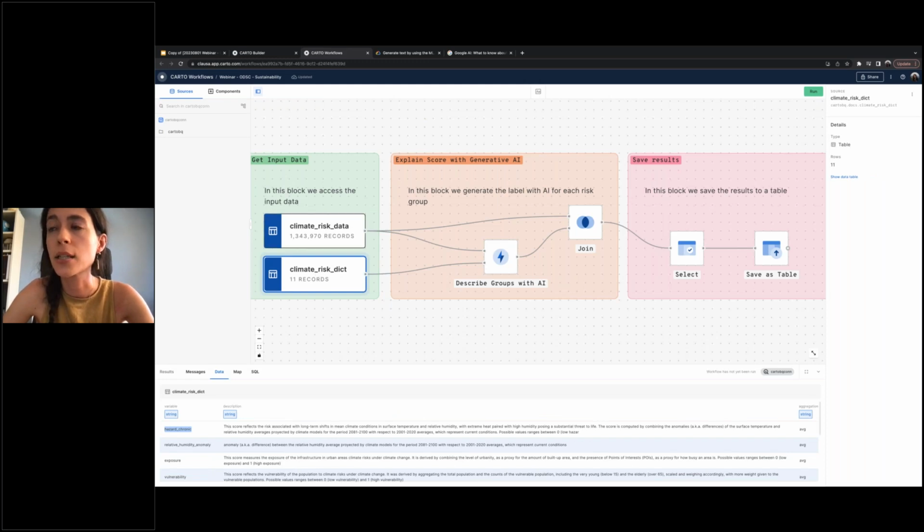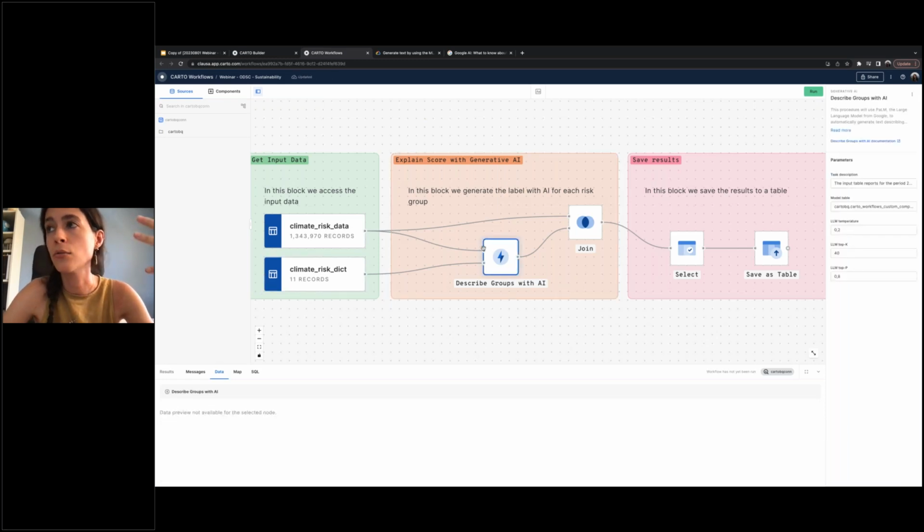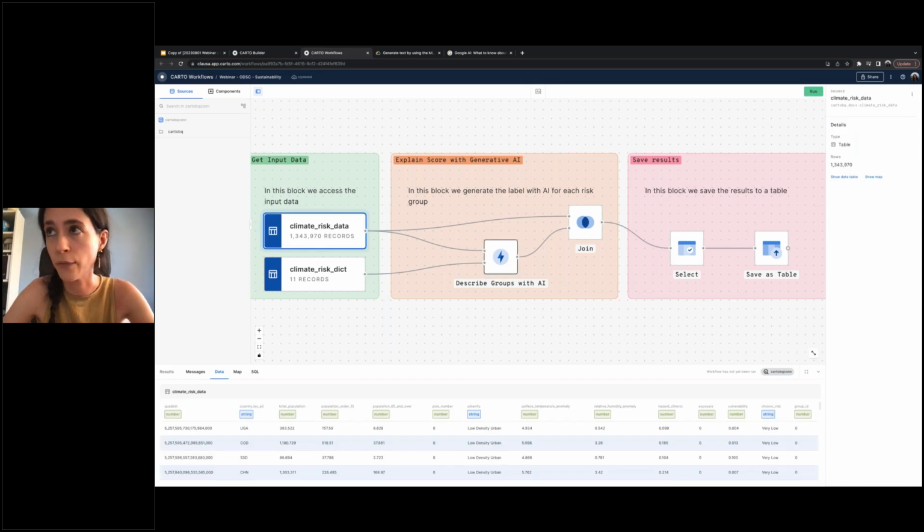So we will input these two tables to this component here. What this component does is take this table and compute some summary statistics of the data. It computes statistics overall and also for each of the 5 groups that we have. Then it creates a prompt that is fed to the generative AI model, which is a Google model called PaLM 2, a large language model. And this model outputs the